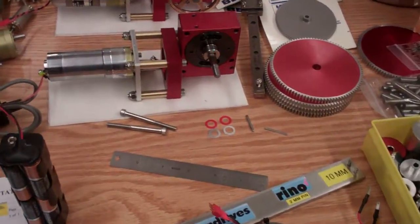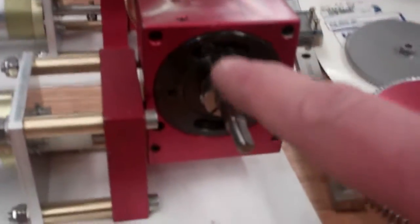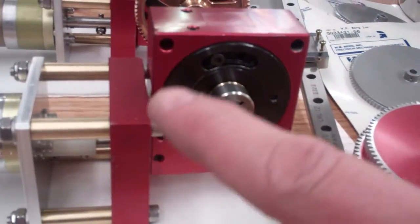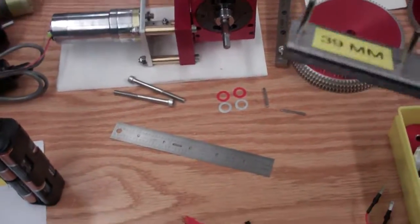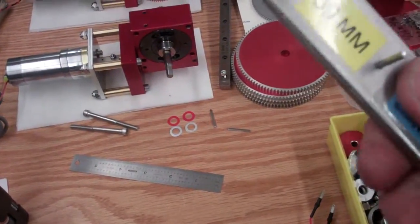One more thing about these on-drive gearboxes, they have a series of socket head cap screws down within these rings. These two rings are threaded into this red anodized box, and you have to have a special tool. I've got this one, which was sent to me from the UK, and this is a stainless bar, and it's